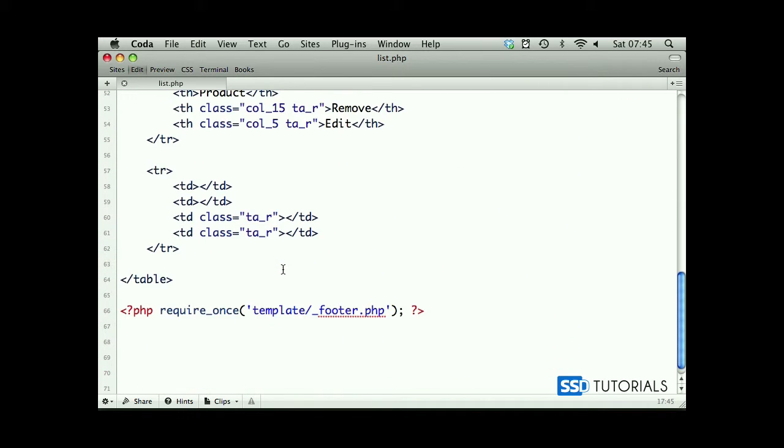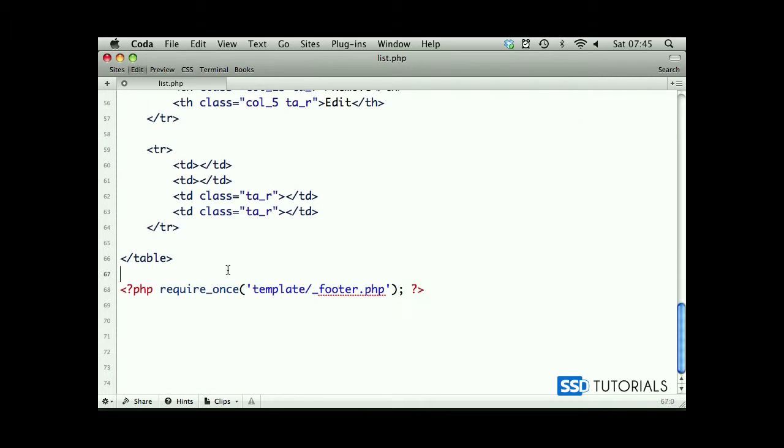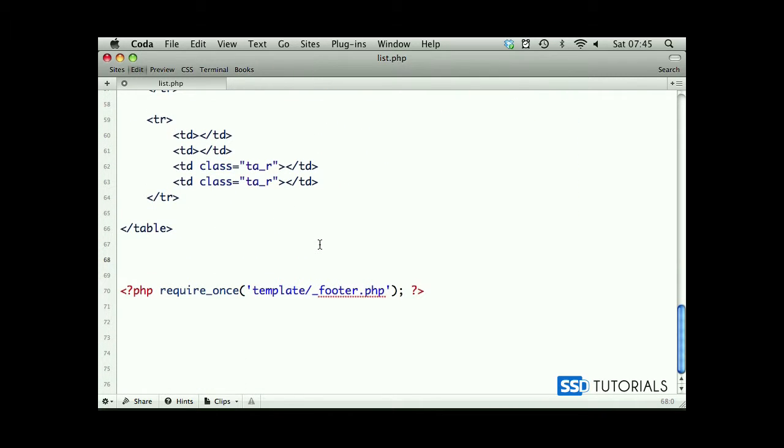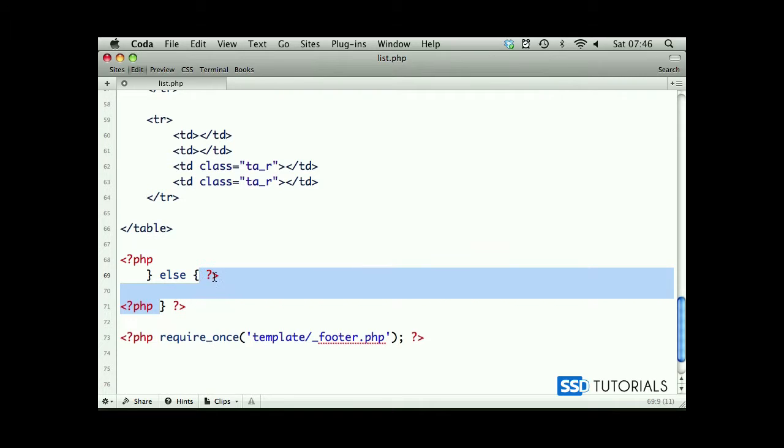Let's move down here, and we start after our new product link before the table. We start with PHP if is not empty rows, which means we have some records ready to be displayed on the list. Then after the closing table tag, we start with else. So we need to close this curly brace, then open a curly brace and this closing one separately right after. So else, because we're using a variable here, we can use it like that